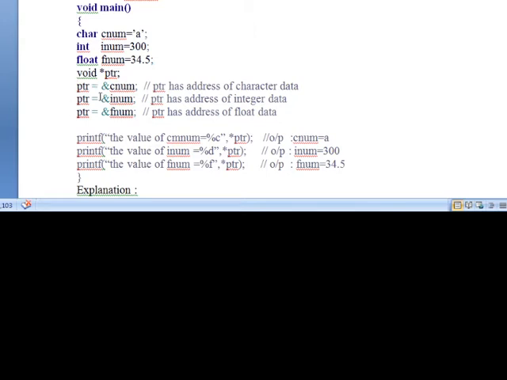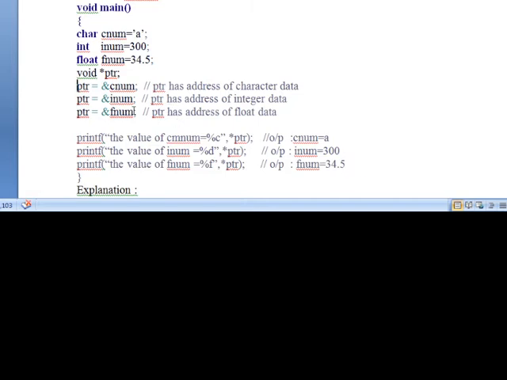So using one pointer variable, I can access the data of different data type variables, whereas a normal pointer variable can be used to access only one variable's data, and a void pointer can be used to access any number of data type variables' data at a time. Now we'll get the output as A 300 34.5.